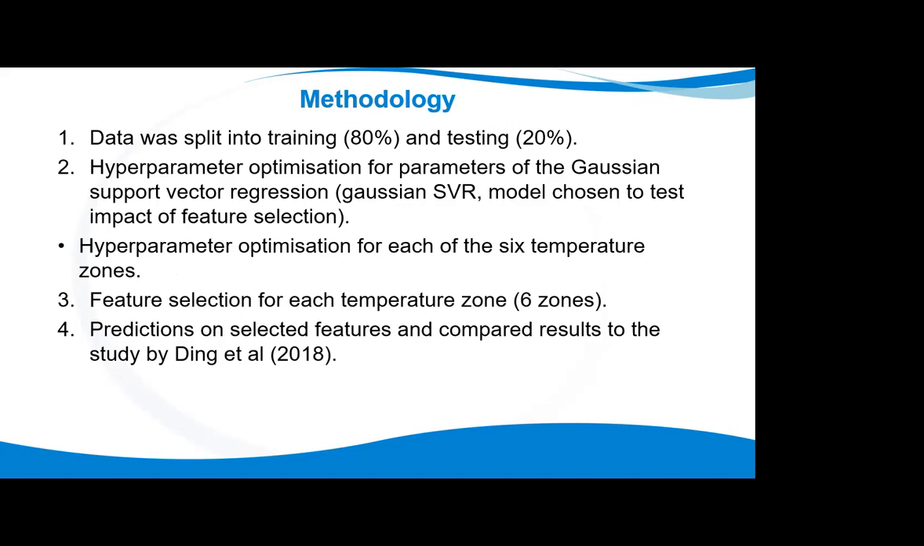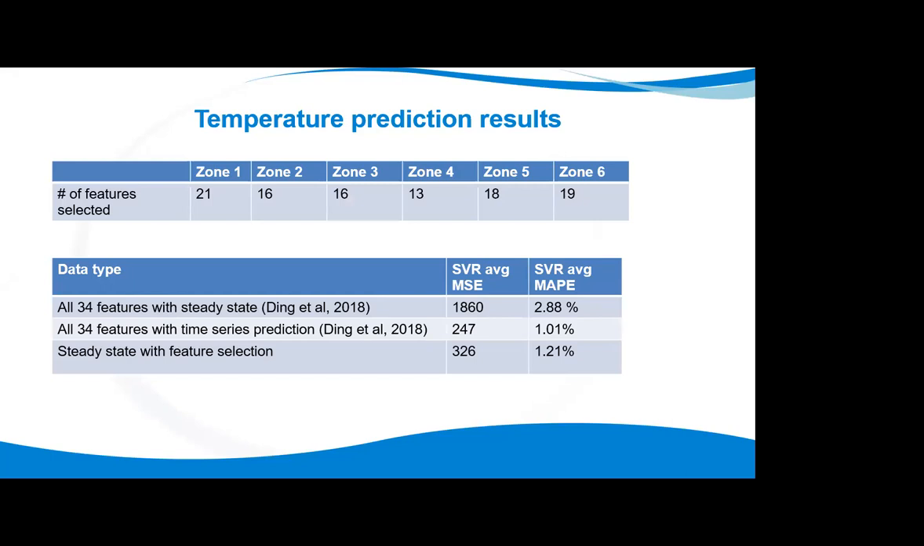Because we're using steady-state data, we performed hyperparameter optimization for each of the combustion zones. And then we performed feature selection for each of the combustion zones, and then we could make predictions on the selected features, and we compared our results to that of Ding. And just a quick background, and this is our results. You can see that on the average,